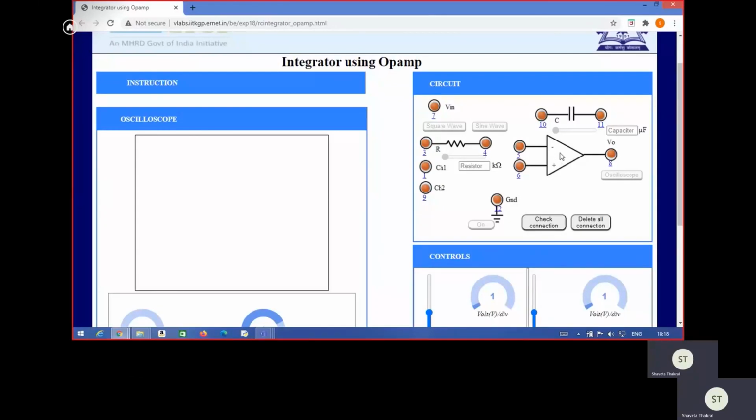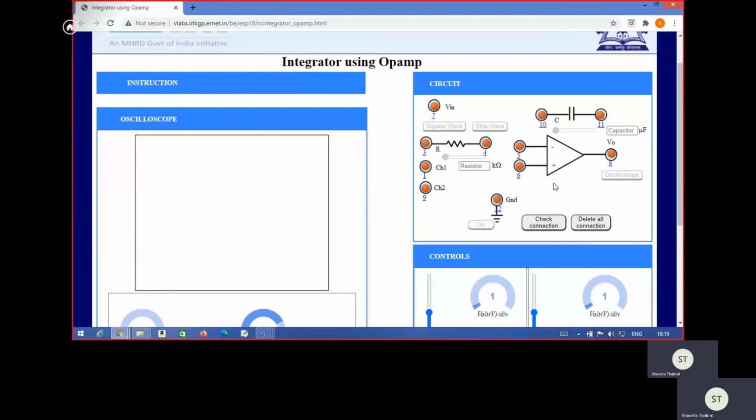In the inverting configuration, input is applied to the inverting input terminal and the non-inverting input terminal is grounded. So if we have the circuit for an inverting operational amplifier, then one resistance is put in the input circuitry, called the input resistance, and another resistance is put in the feedback circuitry, called the feedback resistance. And when we are converting the inverting operational amplifier to an integrator circuit, we remove the feedback resistance from the inverting configuration of the operational amplifier and put a capacitor in the circuit, and the circuit behaves as an integrator.